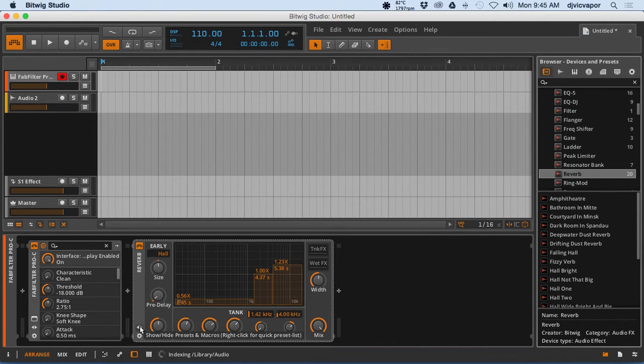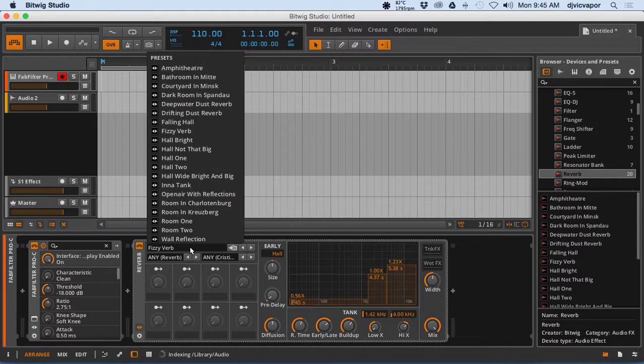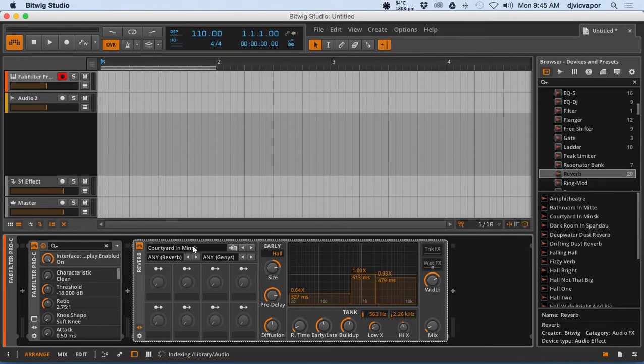One of the other ways that you can kind of audition and look at presets here in Bitwig is actually go ahead and open this up. Don't really worry about these guys right now. We're going to look at this list right here. So it's got the fizzy verb in the header there. So if we click just anywhere in the open area, now we've got the complete list here as well. A little bit easier to kind of scan through your eyes, grab whatever you want. You can also, by using the right and left arrows, audition a little quicker. I kind of find myself using this method more than most, just because I like to be able to audition